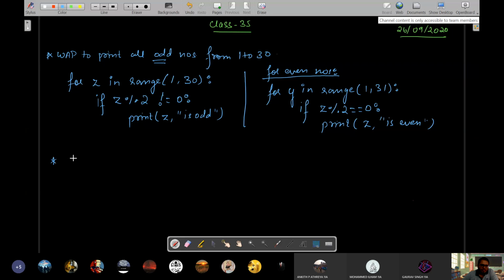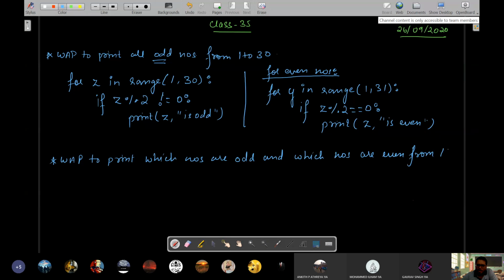Let's say write a program to print which numbers are odd and which numbers are even from 1 to 30. इसमें क्या करेंगे?